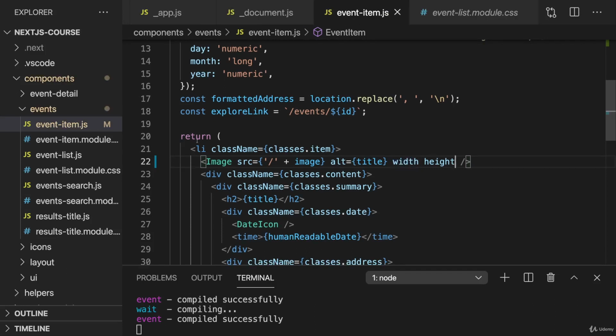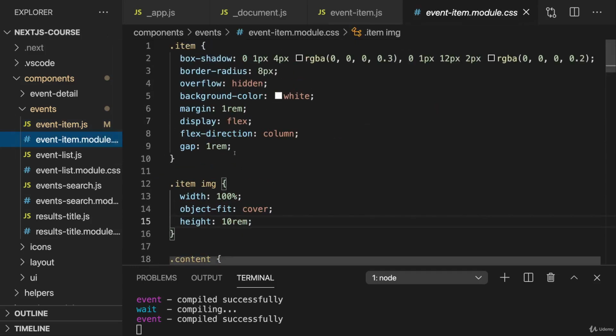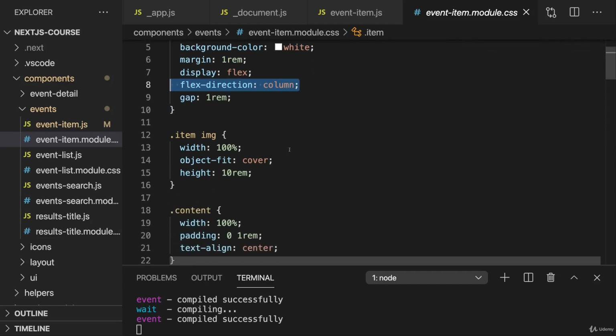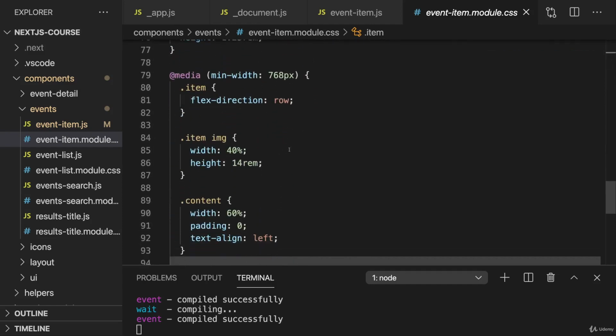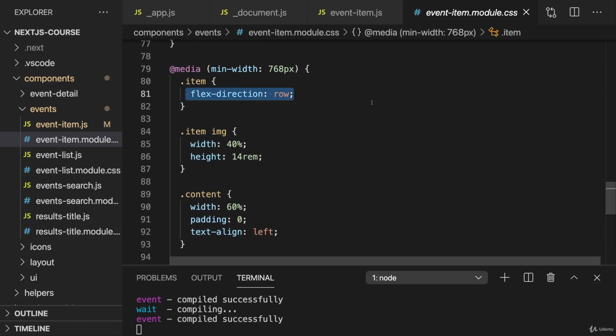For determining the width and height, we should keep in mind that our image is displayed in two possible ways. It either takes the full width of the container on smaller screens, or just a fraction of the width on bigger screen sizes, because then we have the image on the left side and the other content on the right side. In the CSS code we can see this. I'm using Flexbox on the parent container, and on smaller screens that is a column Flexbox, so items are rendered on top of each other. But on bigger screens, the items sit next to each other, and then the image has 40% of the width